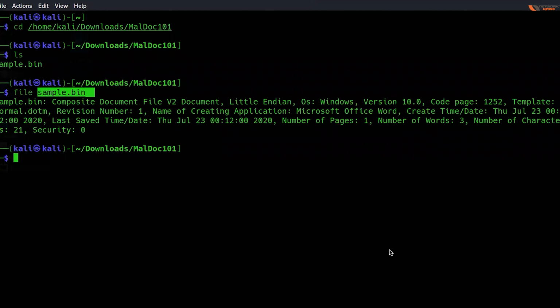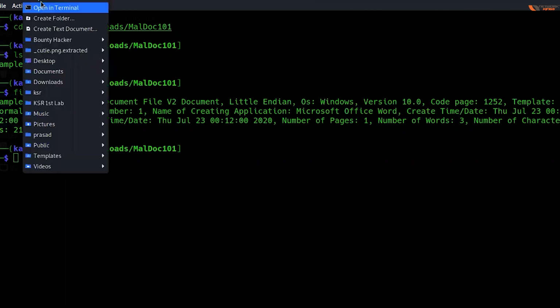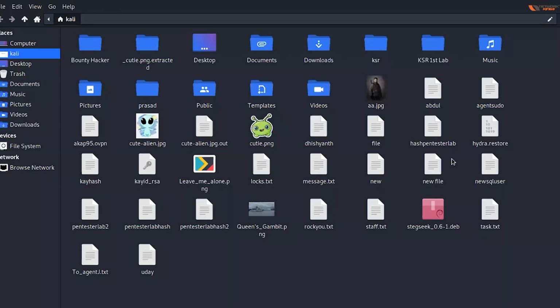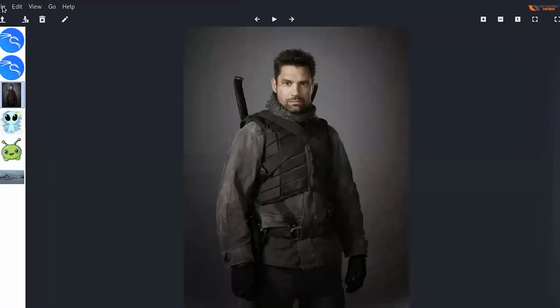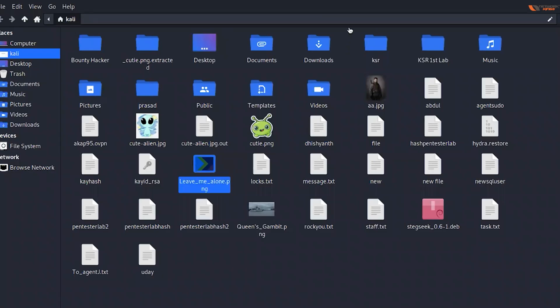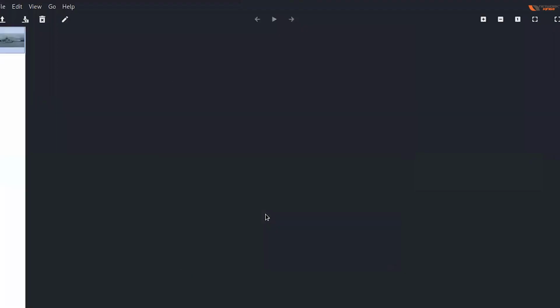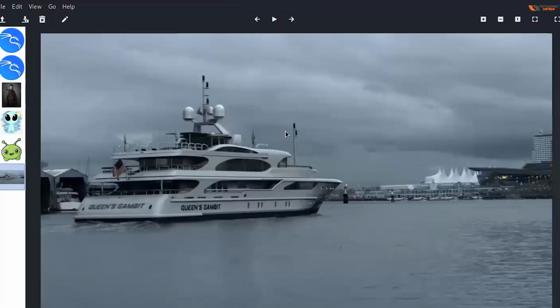Okay. You download a file and the format is broken. हुआ होगा आपके साथ, like I have here. I have this image called leavemealone.png. चल नहीं रही. It actually took me to some other image. ठीक है? देखना, guys, look at it carefully. This is an image called Queen's Gambit PNG. चल रही है? You see this ship.